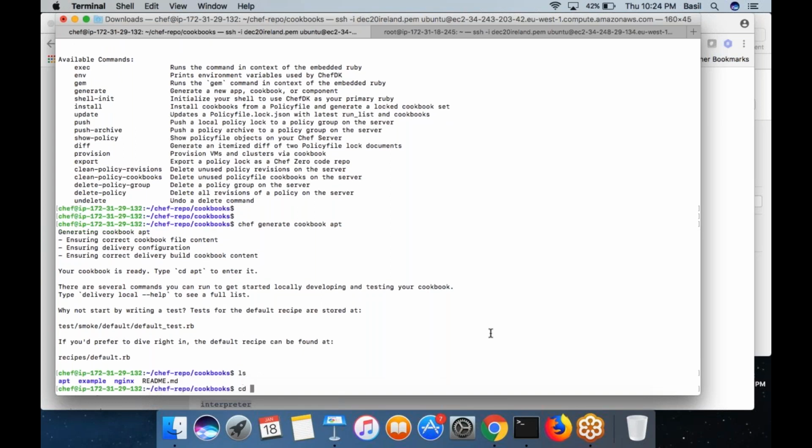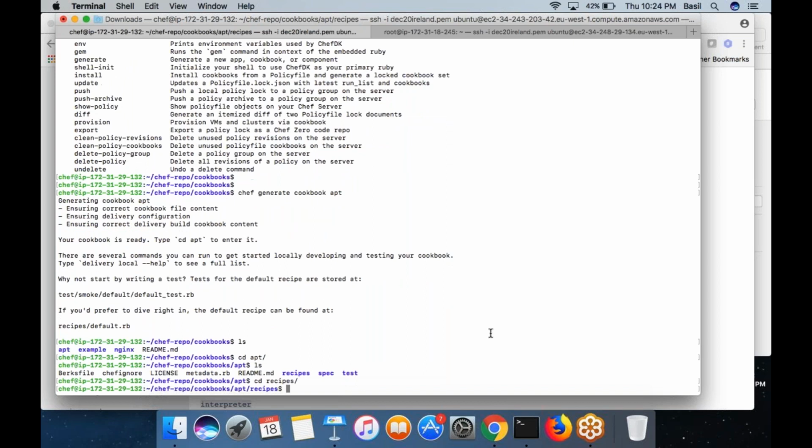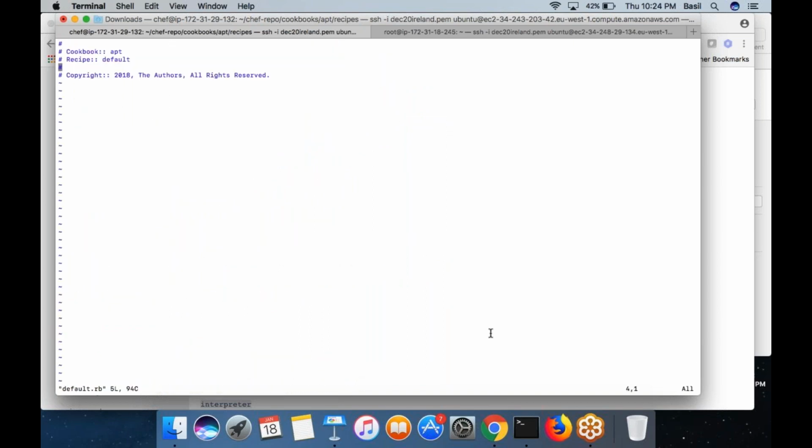Okay, it created an apt folder. Go inside the apt folder, you can see the recipes folder. Go inside the recipes, you can see a default.rb. Over here I'm going to put my resources. What is that? apt_update.